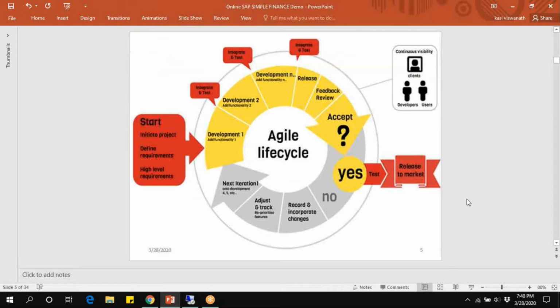So here, how to customize these systems in HANA Finance. In HANA, we have two types of methodologies. First one is agile methodology. Second one is active methodology.